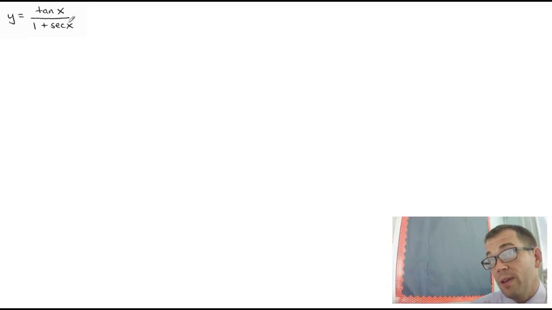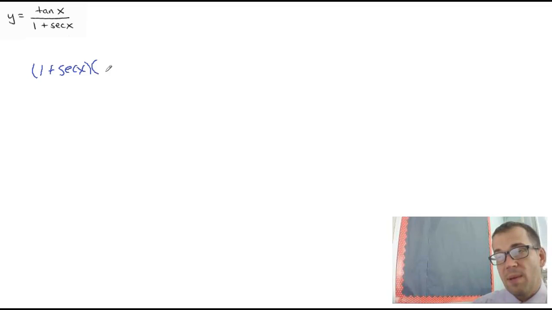I'm not really seeing a good way to simplify this. I can't break that numerator up over that denominator. It doesn't work that way. And if I start thinking about tangent and secant in terms of sines and cosines, it doesn't take me anyplace better. So I'm just going to use the quotient rule, which is, of course, the low